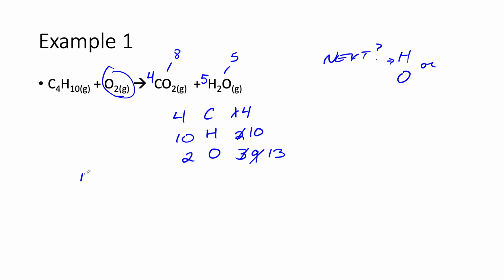If I go 13 halves of O2, I'll end up with 13 atoms of oxygen. Now if I do it this way, 13 over 2 molecules of O2, and for every molecule, 2 atoms, the 2 cancel, and we end up with 13 atoms. Nature really hates fractions because you don't have a half oxygen. So we end up with,